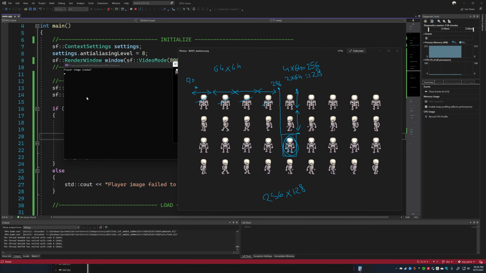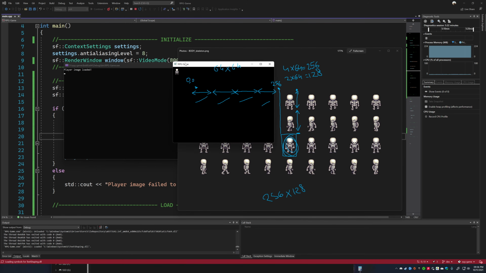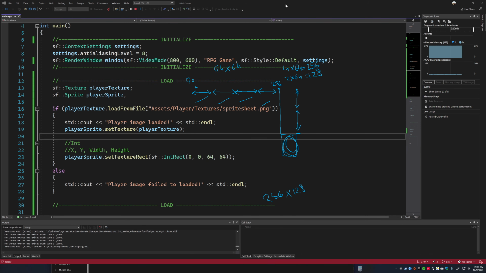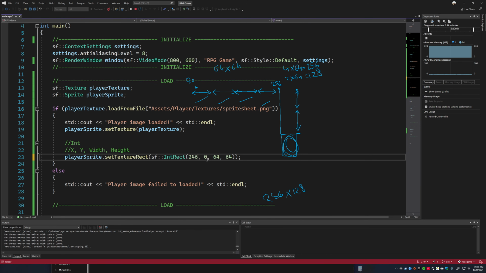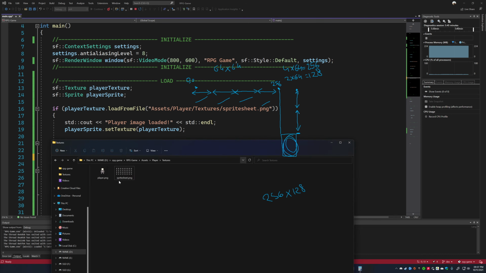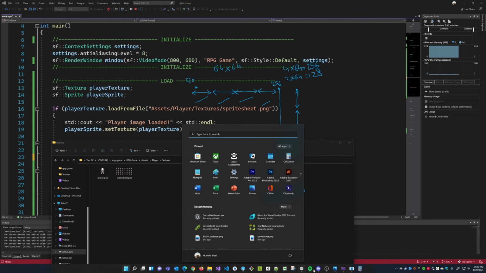I can prove that to you and see if it renders the correct image. We're going to put these values in our program. The position is 256. This is where I want to put the rectangle: x position, y position, and I want the rectangle to be 64 by 64, because that's my image.